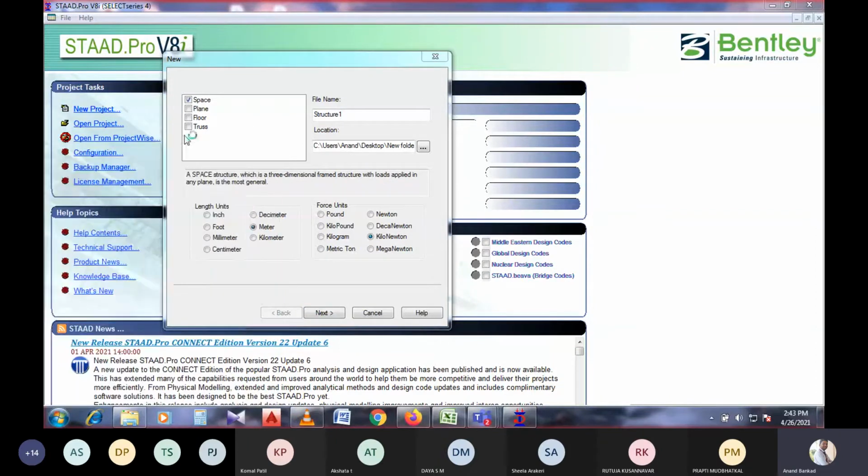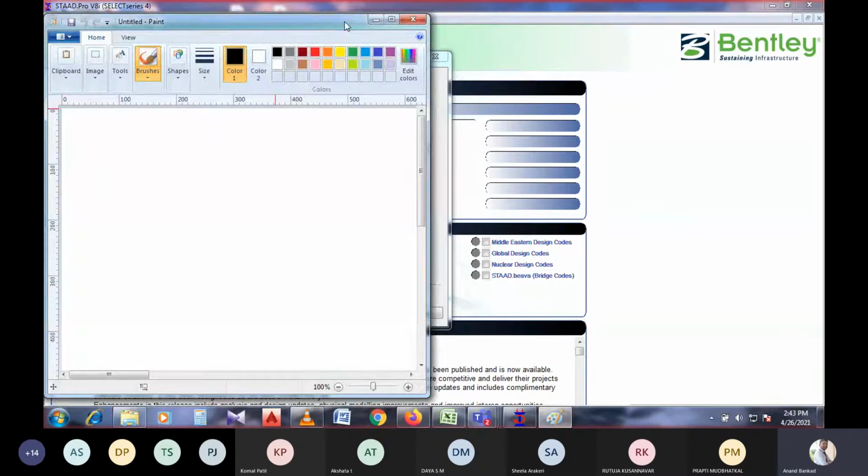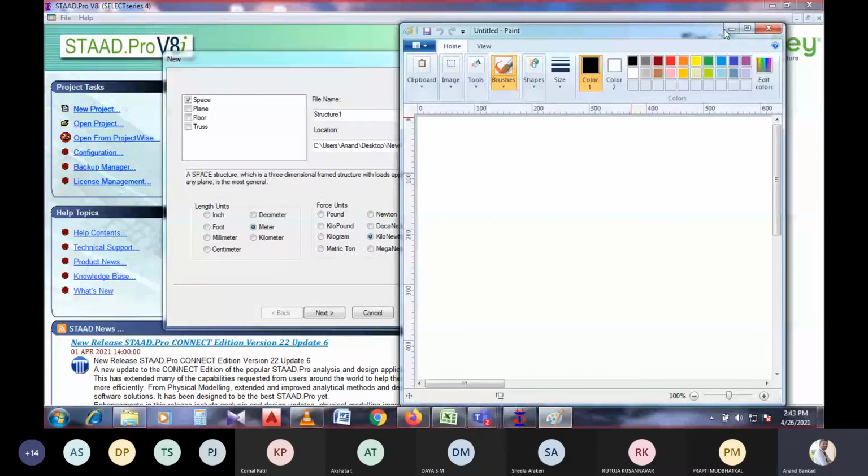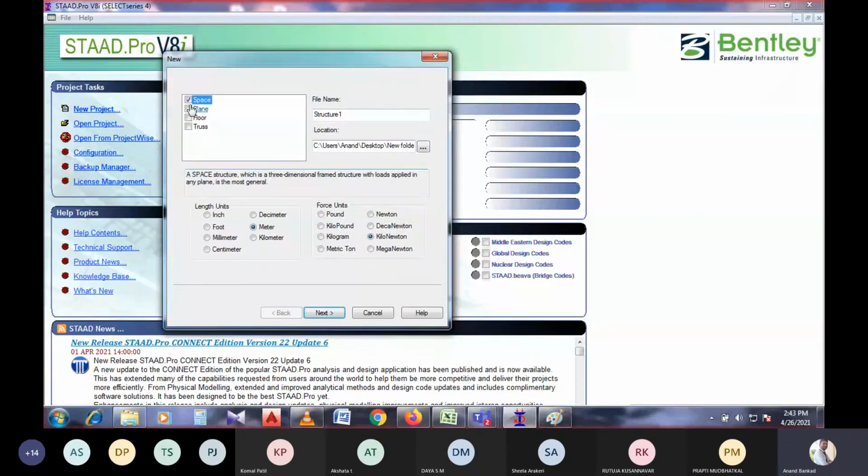The space, plane, floor, and truss are all considered particular structure types. Automatically it is given as the space structure, which is a three-dimensional frame structure with loads applied in any plane, and is the most general.